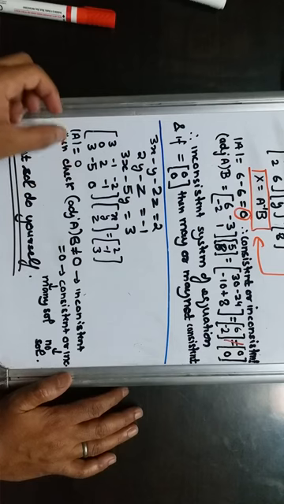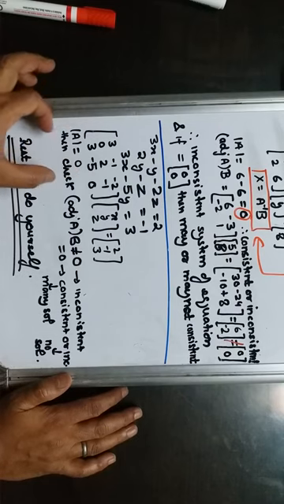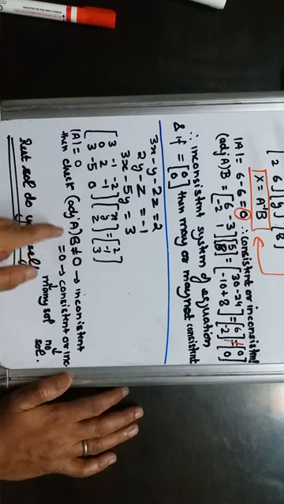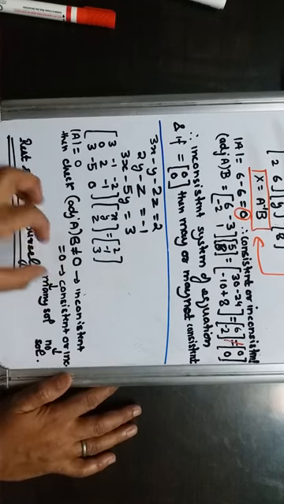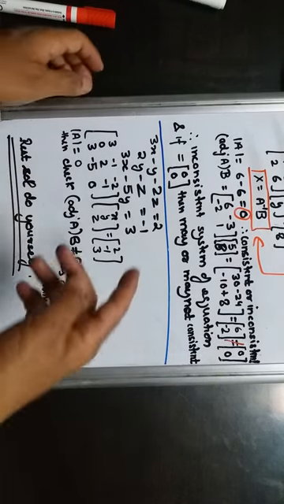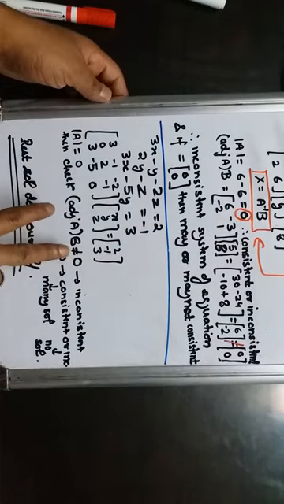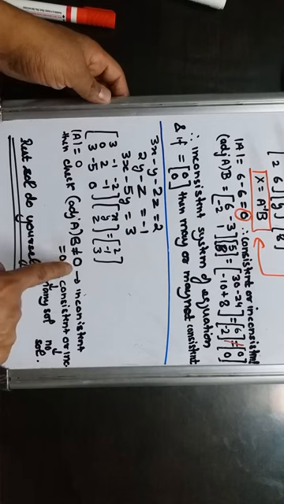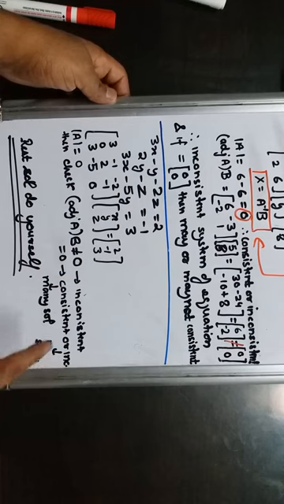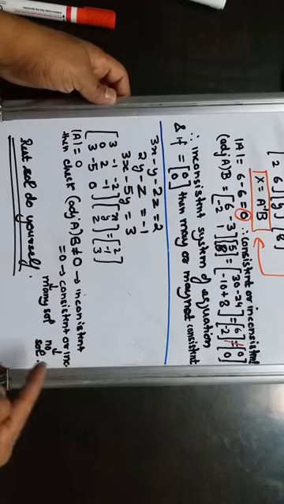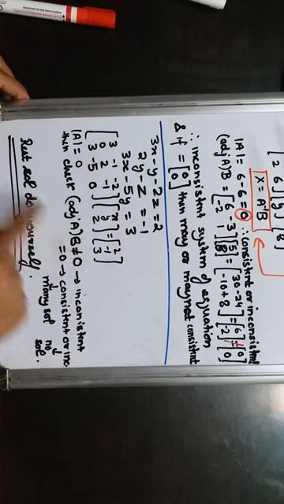This is 0. Now again we have to check, when the determinant of A is 0, then check adjoint of A into B. This is not equal to 0. If it is not equal to 0, I am not solving this further because in the above question we have already solved how to take out the adjoint of A into B. So take out adjoint of A into B. If this is not equal to 0, this is inconsistent. If it is equal to 0, this is consistent or may not be consistent. If consistent, it has many solutions. If it is inconsistent, there will not be any solution. So solve this step yourself.